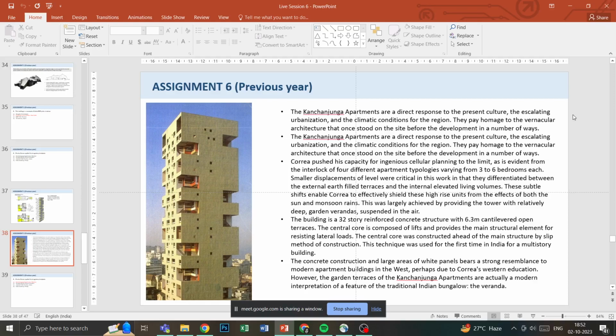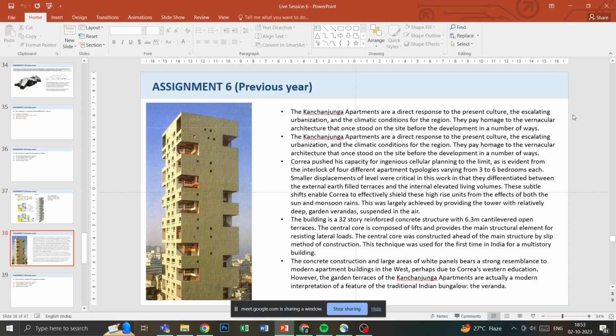The central core is composed of lifts and provides the main structural element for resisting lateral loads. The central core was constructed ahead of the main structure by slip methods of construction. This technique was used for the first time in India for a multi-story building. The concrete construction and large areas of white panels bears a strong resemblance to modern apartment buildings in the West, perhaps due to Correa's Western education. However, the garden terraces of the Kanchenjunga apartment are actually a modern interpretation of a feature of traditional Indian bungalow,